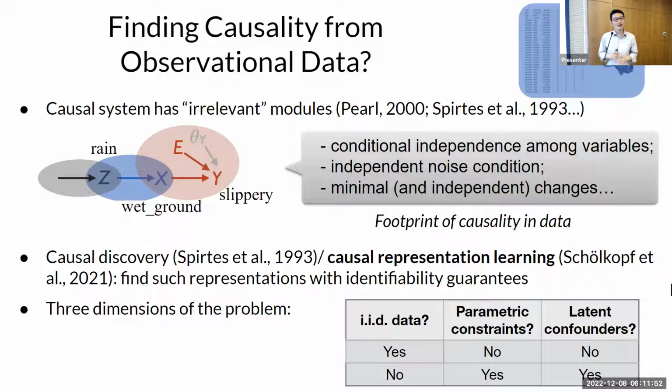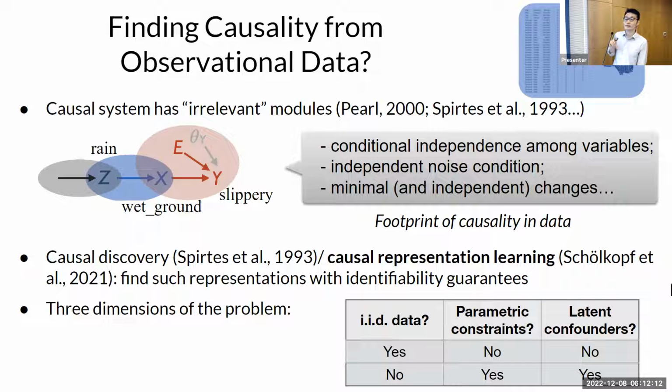First, what kind of property in the data is related to causality? In other words, you want to find the footprint of causality in the data, right? So it's the first one. Later you can see how we can really see the footprint of causality in the data, and then we can try to verify it, and then we can recover information.